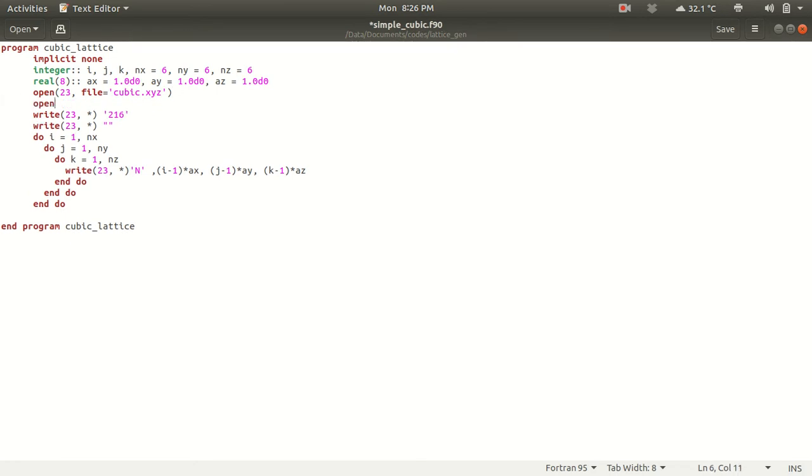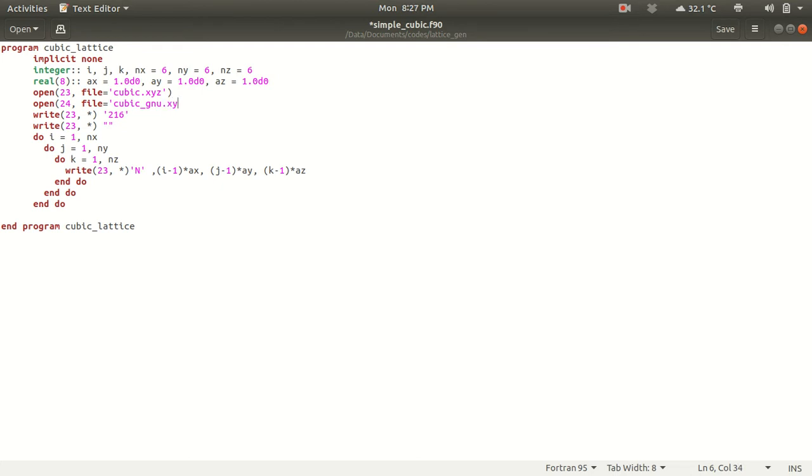So let's say open 24 file, and this file is only for visualization in GNU plot. Let's say cubic gnu.dat, or you can also use the XYZ format, that doesn't matter.